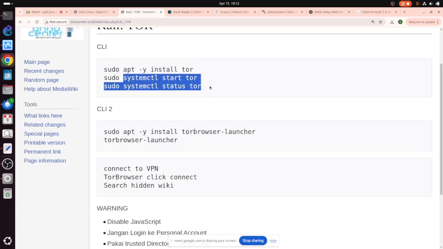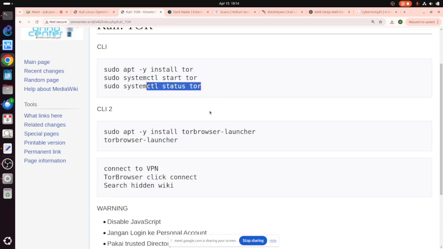Tor is basically a multi-layer proxy. Okay, a lot of layers. Sometimes we call it onion because it has a lot of layers. It's like an onion network or something like that. And then we have to start Tor and we can check the status.